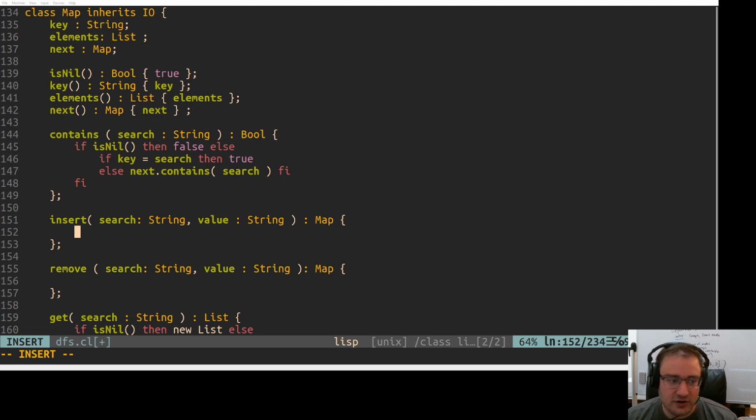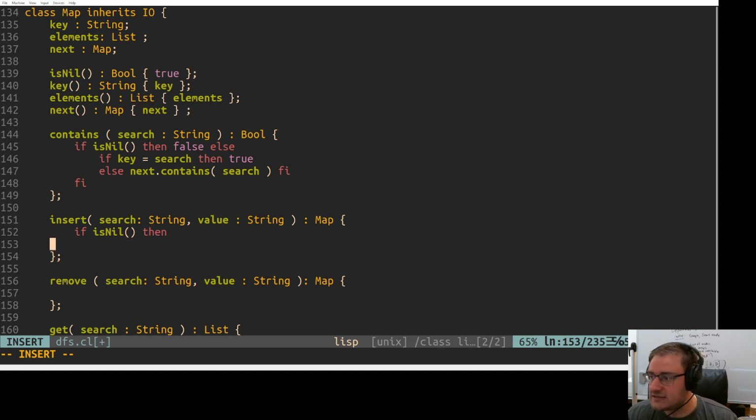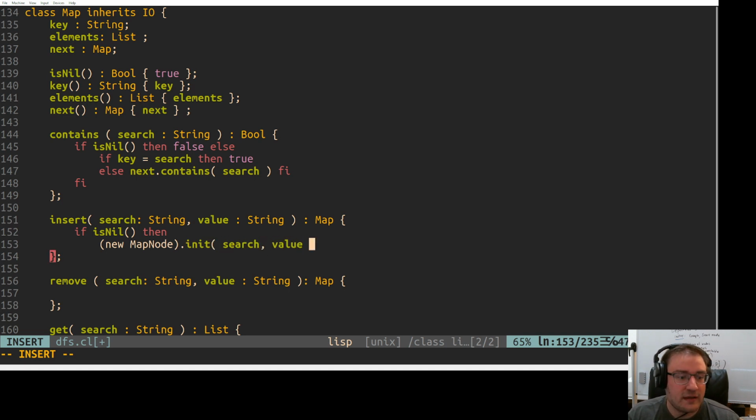First, the easy part: if the map is nil, so if we've already reached the end of the map, then we know for sure that the key isn't already in the map. In this case, we need to create a new map node object and initialize it with the search parameter,